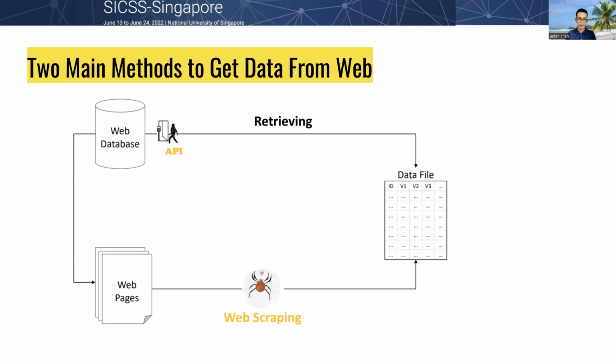However, today we only focus on two main types of approach to harvest data from social media platforms. The first one is the API approach. Another one is the web scraping method. In this situation, you may raise a question: since we already have the API method to get social media data, why do we still need the web scraping method?